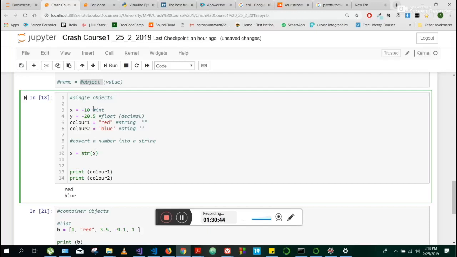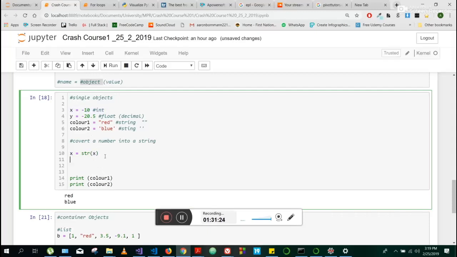Remember, you need to understand how Python looks at objects, how it understands and sees objects. Over here, there's not an x. There's a -10 to Python. To us, we see it as x, right? To Python, it's just a -10. So if there's -10 in there and we say x is equal to string x, there's no x, it's string -10. So it's going to replace the value. Just remember that. This is not x, this is a -10 because that's how we've defined it. So when I print it now and I say print x,